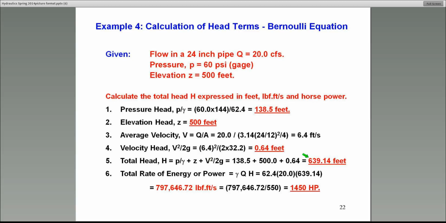And then I took the liberty of converting that to energy or power, in this case gamma QH. In order to calculate power, you have to be given the Q, the flow rate. It is a function of that. The more the flow rate, the more the power. So the same amount of head, as in this example, if the flow rate was doubled, then the power will